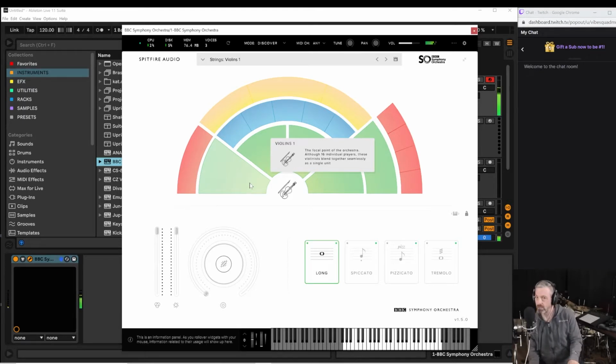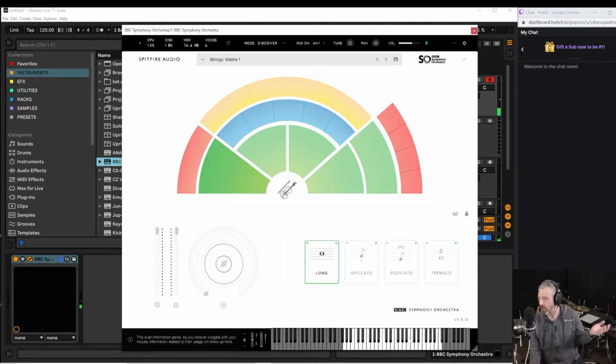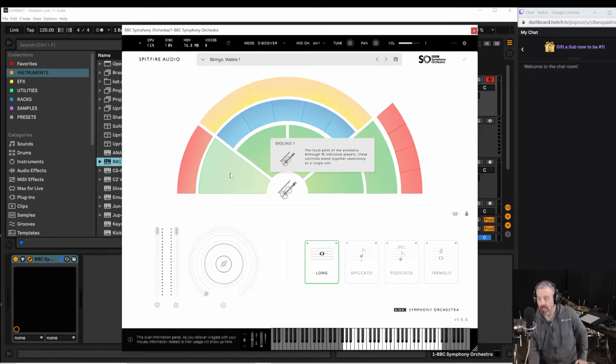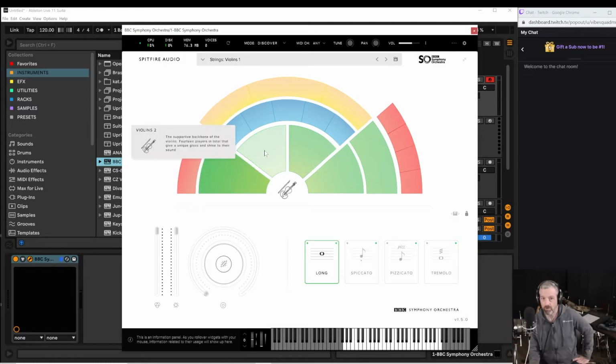So like here's violins section 1, and down here on the keyboard it'll show you the range right away, which is super helpful for me because I don't have the ranges of the orchestra memorized at all. This is new territory for me. So there's violins 1, and then it has a little explanation. It says the focal point of the orchestra, although 16 individual players, these violinists blend together seamlessly as a single unit. So violins 2,